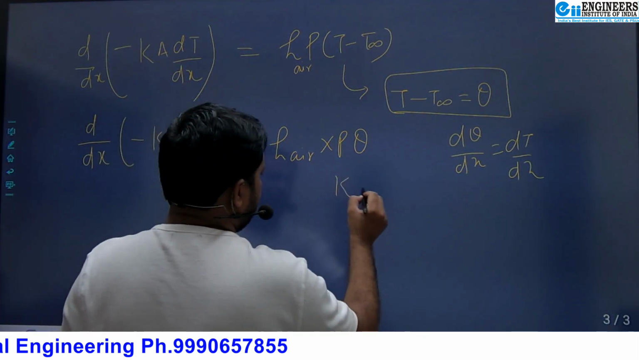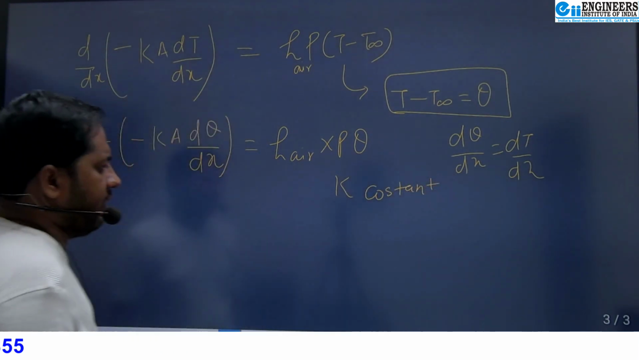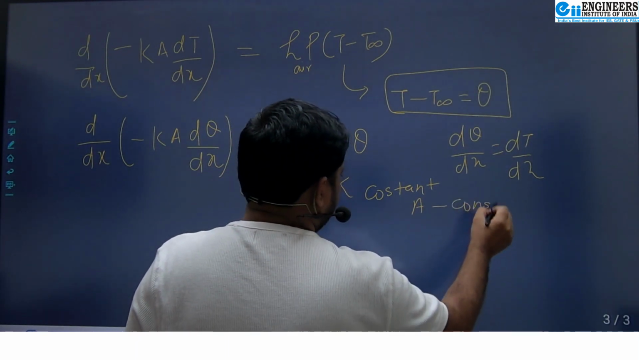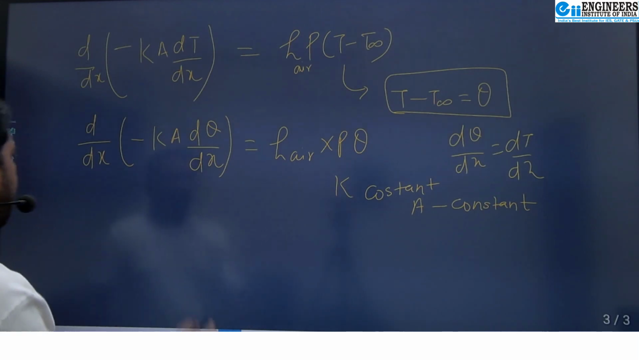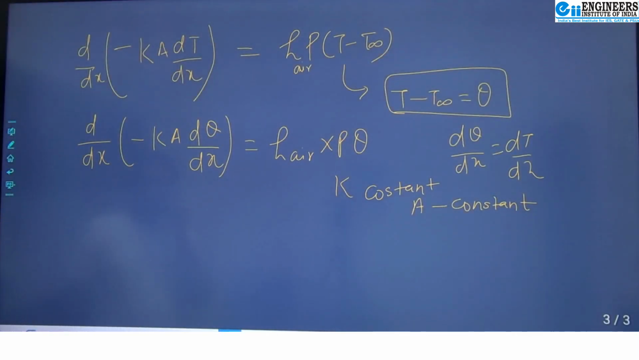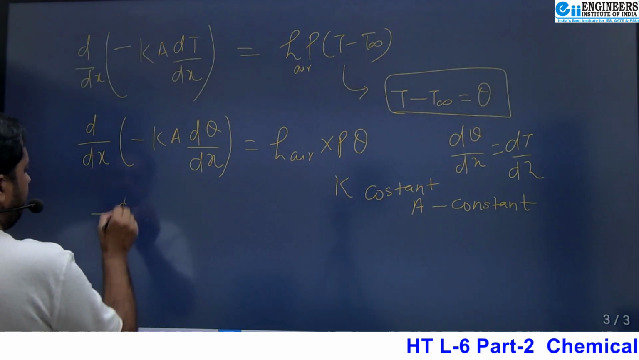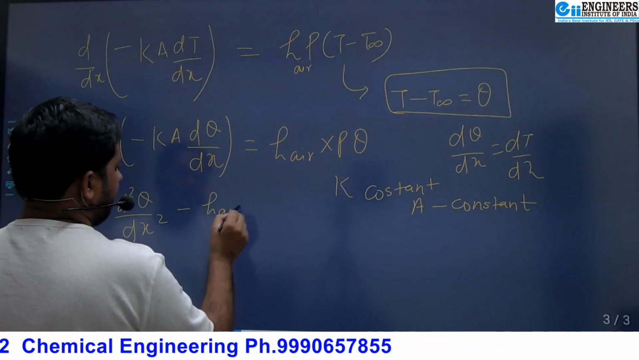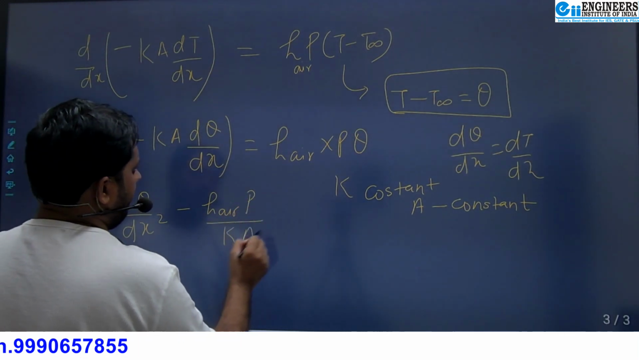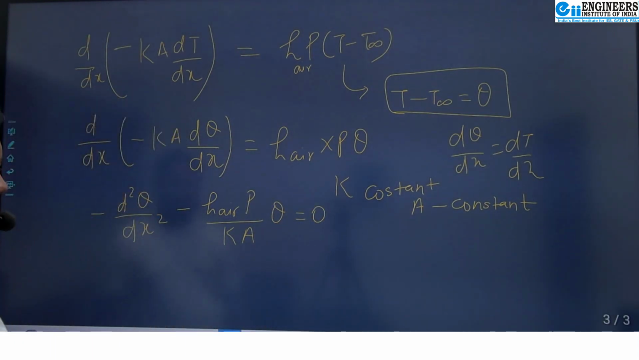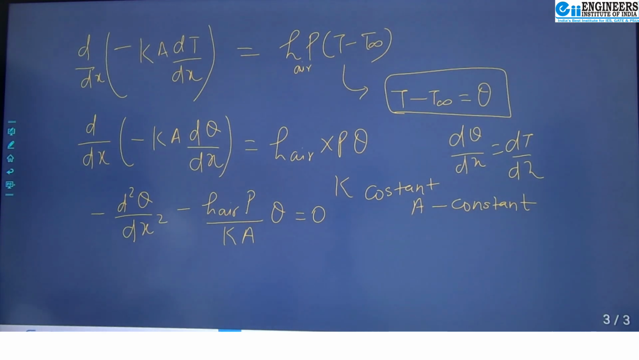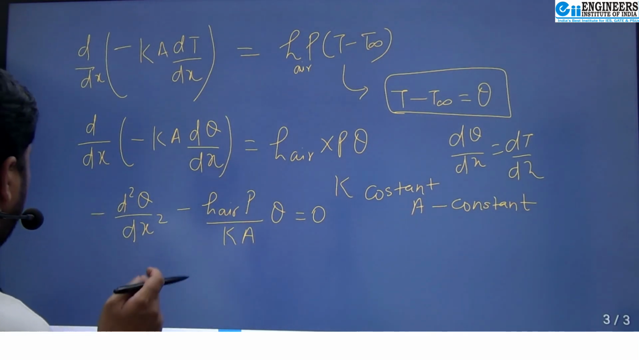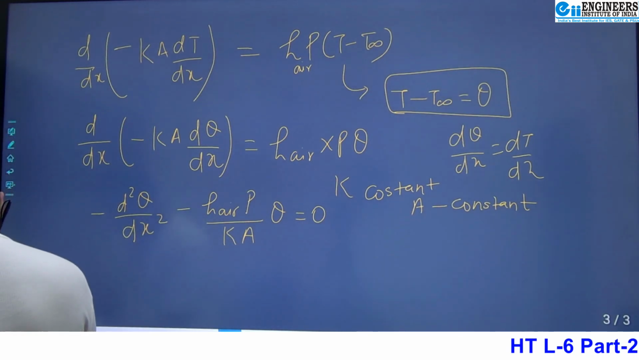If k is constant and the area for the rectangular fin is also constant, because a rectangular fin has definite dimensions, then you can write this as minus d2 theta by dx2 minus h air P by kA into theta equal to 0. Or you can say that this value is nothing but